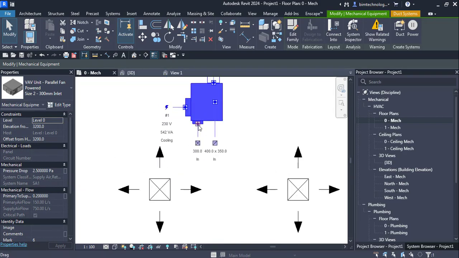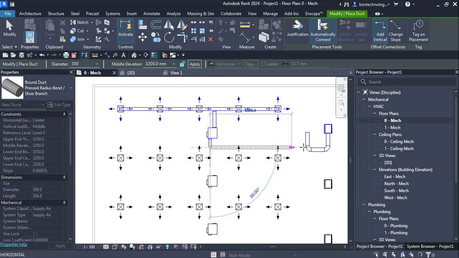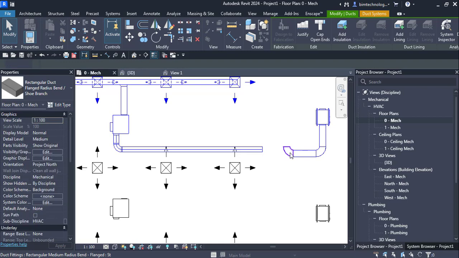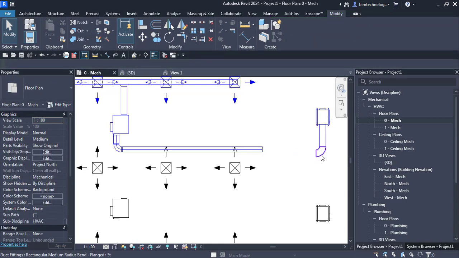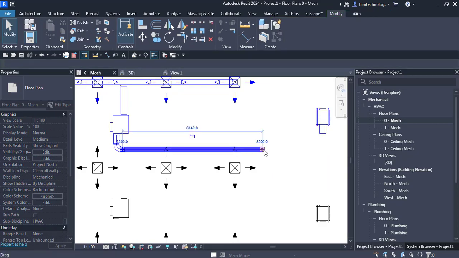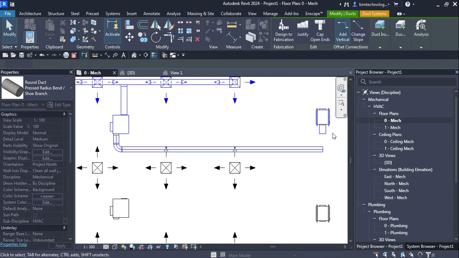duct here, you can get the round duct from here, and then you can somehow connect. So the connection can be made and the position can be set. What we can do is set the position of the round duct, so bring it in parallel with the FCU. You have this round duct here, you can bring it in parallel with the FCU and try to connect